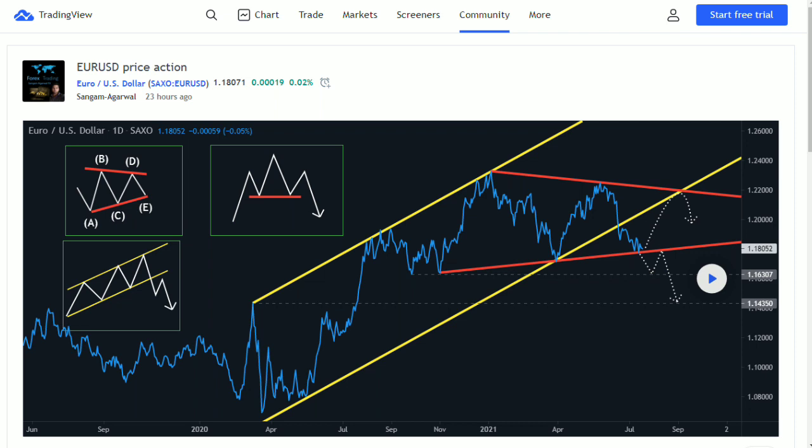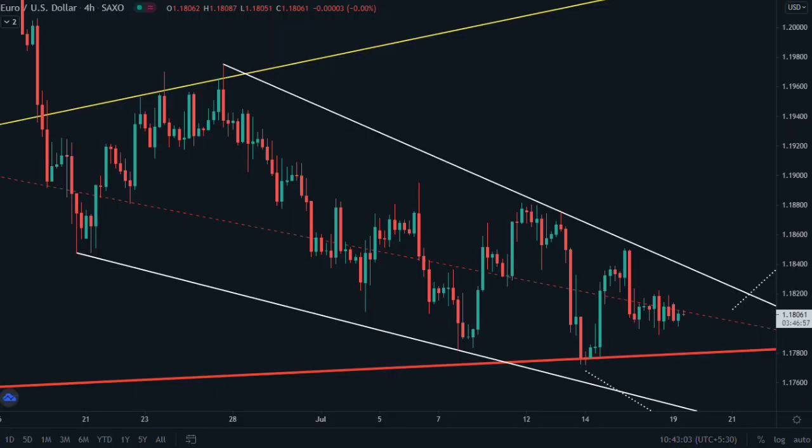Now we have explained the monthly, weekly and daily time frames. Now you know the trend. We are in the correction of the monthly trend. Now we'll go to the H4 time frame where you will take entry. On the H4 time frame, price tested this lower trend line of the daily Pellar channel and it made a clear top here.